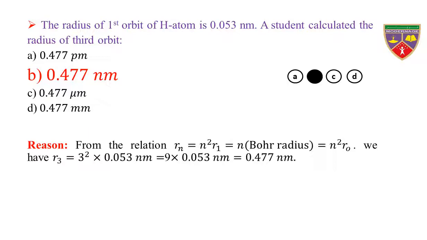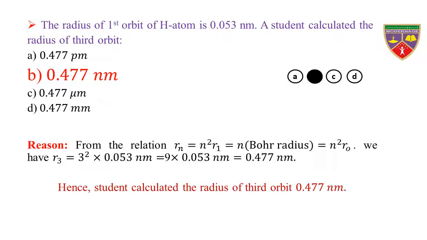We have the radius of the third orbit R3 is equal to 3 square into 0.053 nanometer, which is equal to 9 into 0.053 nanometer. Simplification gives 0.477 nanometers. Hence, the student calculated the radius of third orbit